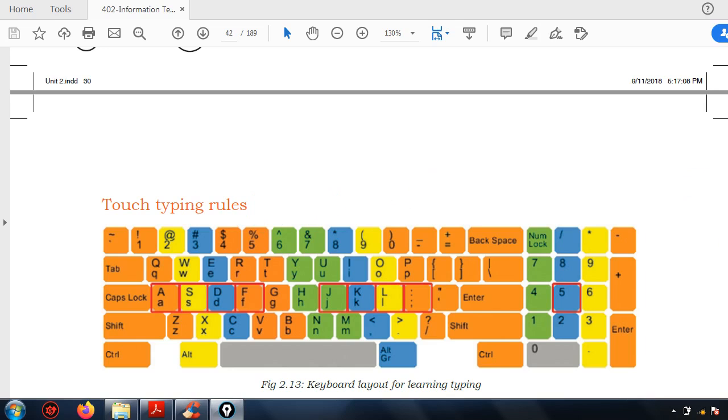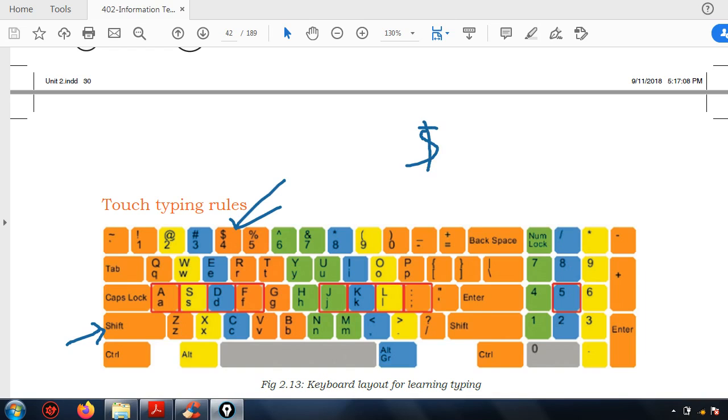So to type these symbols, what we have to do is click on the shift button, and with that click any number button. If I want to type dollar, then I have to press the shift key, and with that I have to press 4, right? Then the dollar will be typed.